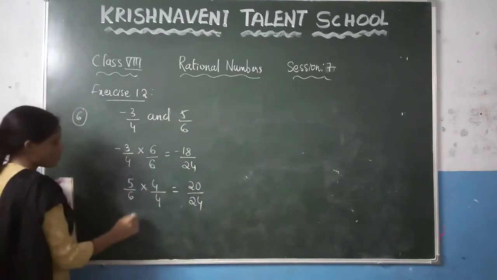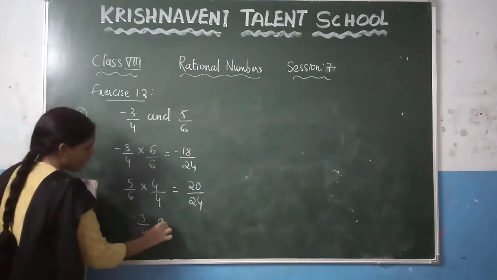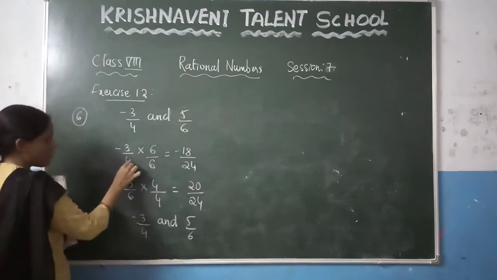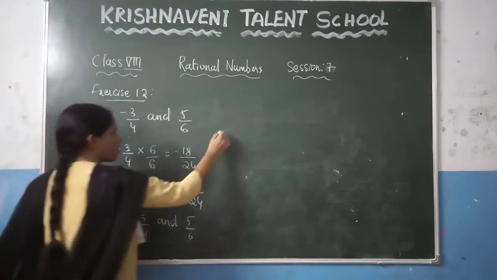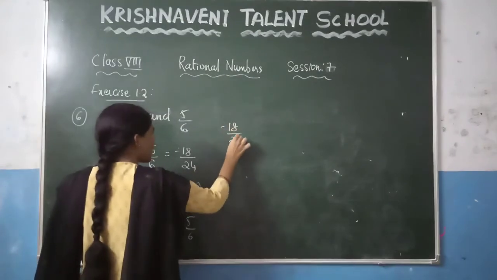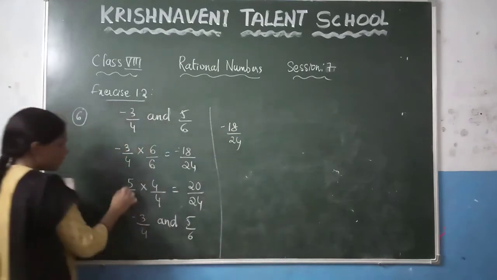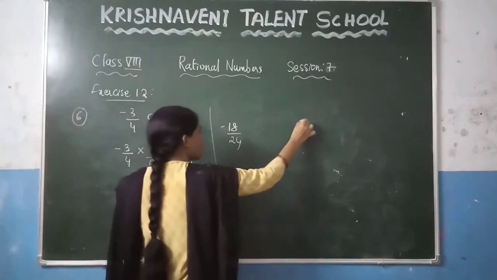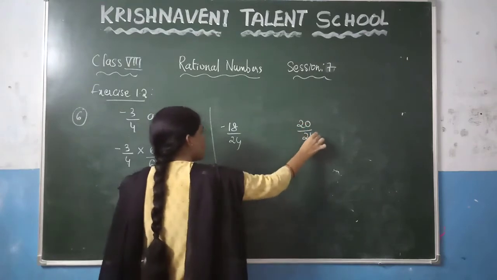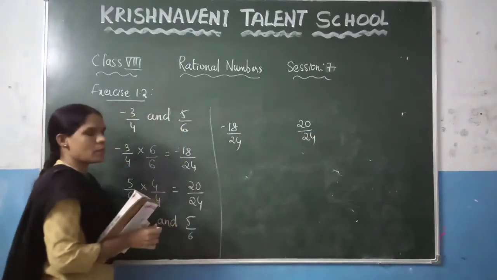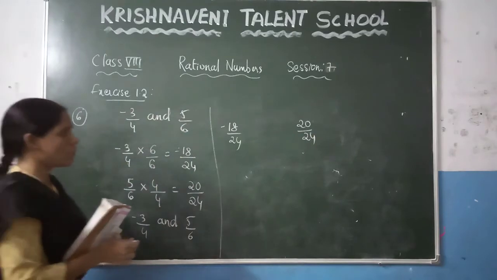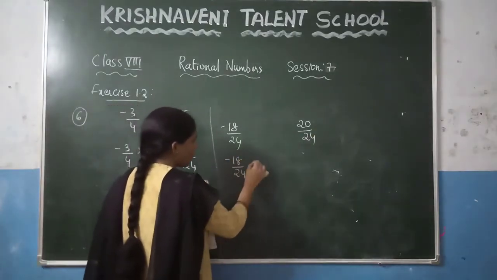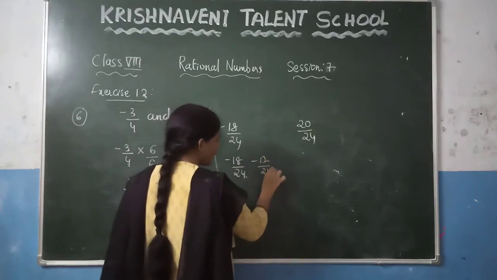So what numbers do we choose here? Minus 3 by 4 and 5 by 6. Minus 3 by 4 we have written as minus 18 by 24, and we have written 5 by 6 as 20 by 24. Among these two numbers we need to write 10 rational numbers. So you can write here minus 18 by 24, and after that you will get minus 17 by 24,